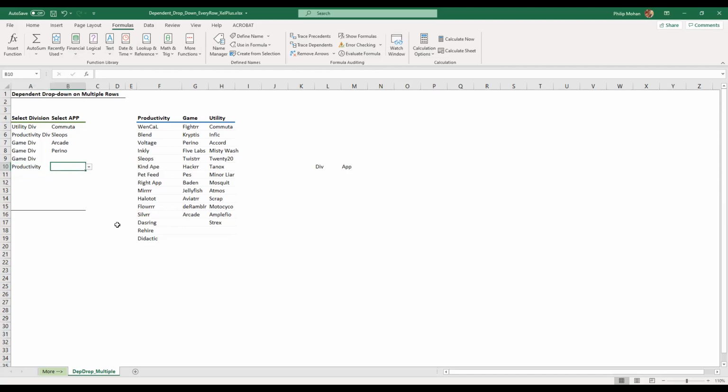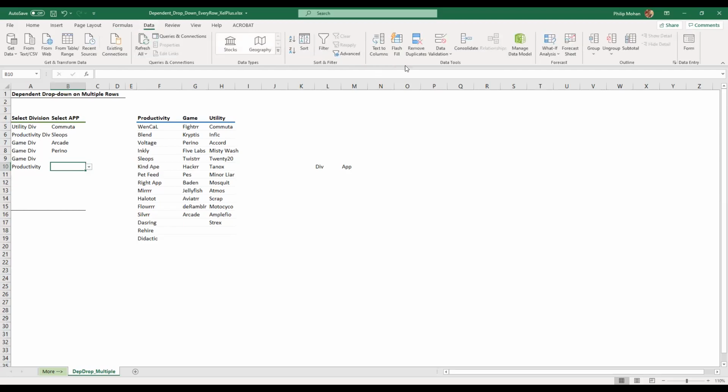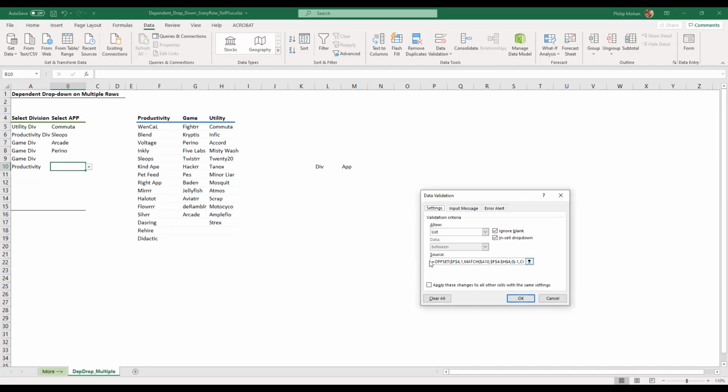Productivity. Now here what I want to do is data validation. I don't want offset. I want to say equals indirect, open bracket, and I want to choose this one, and I'm pressing enter.